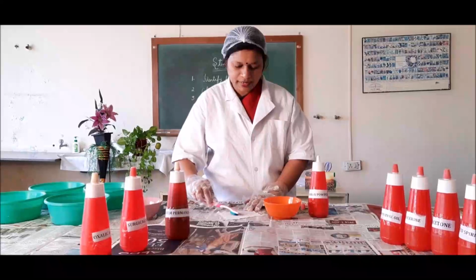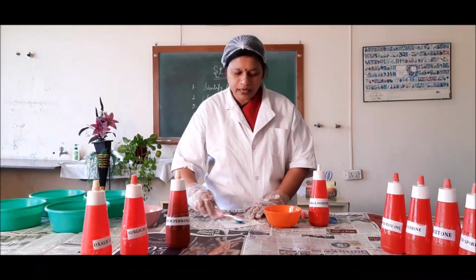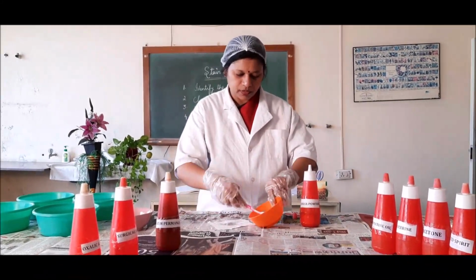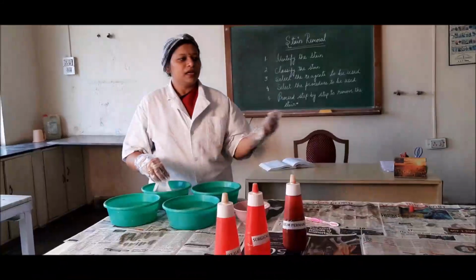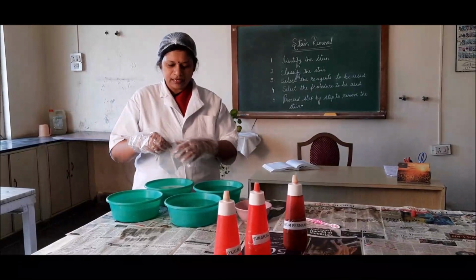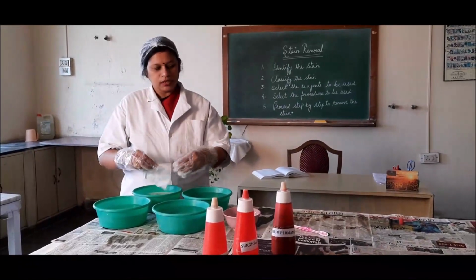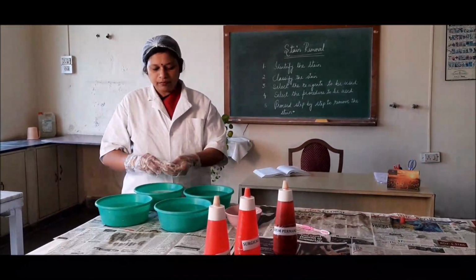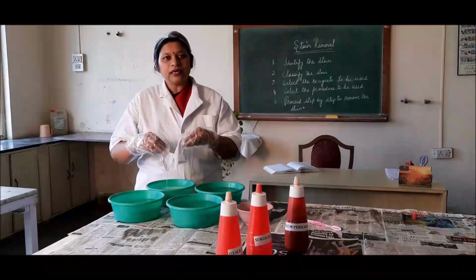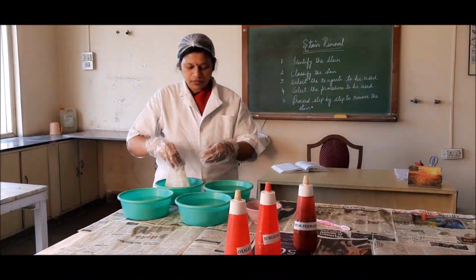Rub it slowly, it will go definitely. If it doesn't go in one attempt, then we can repeat the procedure for 2 to 3 times as I already taught you. We have kept the tea stain fabric aside, and as we all know, this stain removal is a continuous process. So keeping that aside, now I am going to rinse the ballpoint and the shoe polish fabrics in the detergent